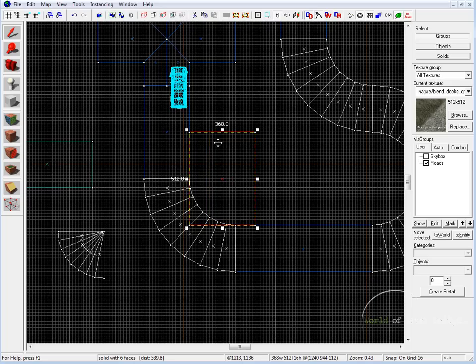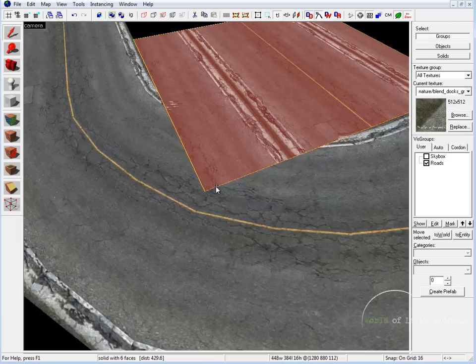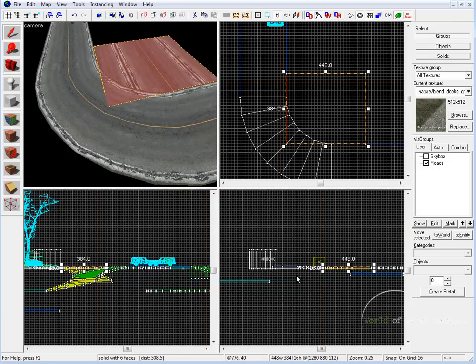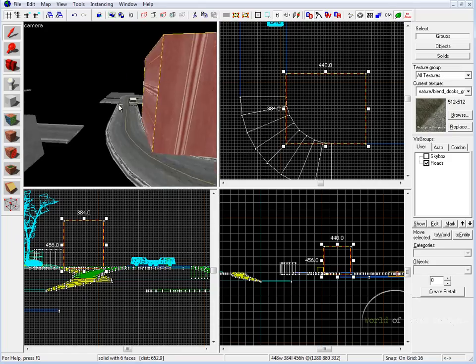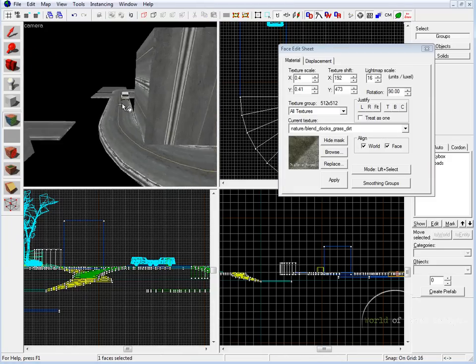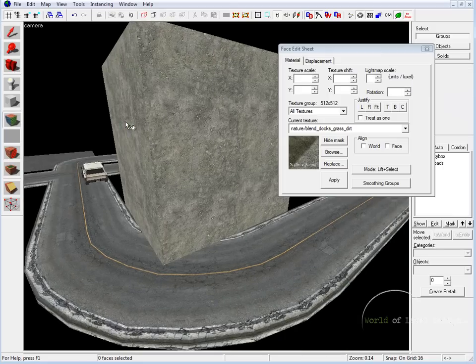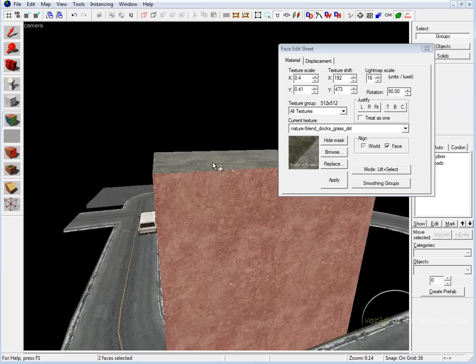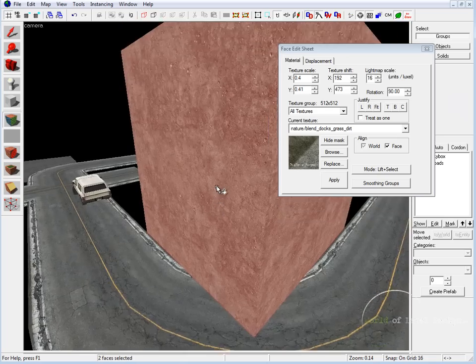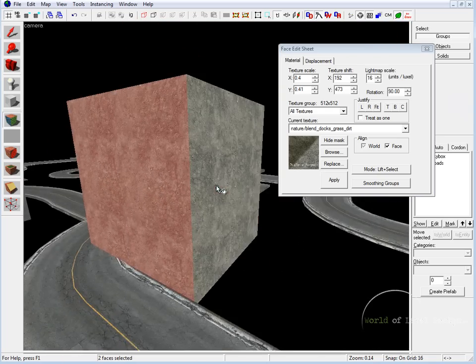I'm going to extend this out, bring it maybe over here, so the brush covers the gap and goes right into the road itself. Now I'm going to raise this brush up, something like this, and then apply a texture. I'm going to use the same texture that we used before, and then go to the face edit sheet and select these two faces. I can also select the top face if I want, but I'm just going to show you these two faces. So selecting these two and nothing else,